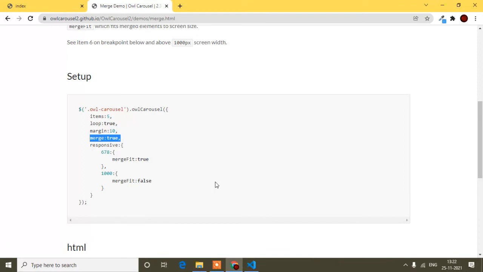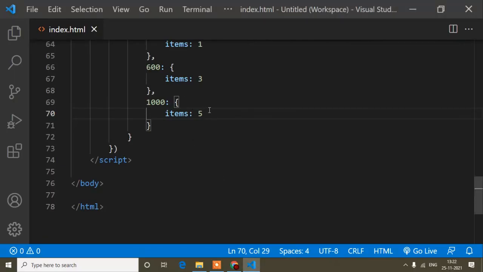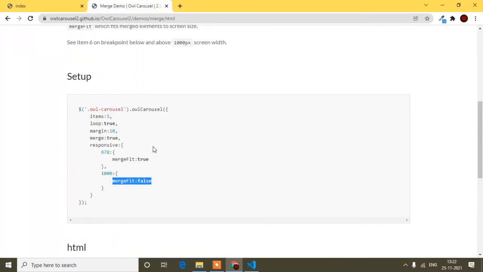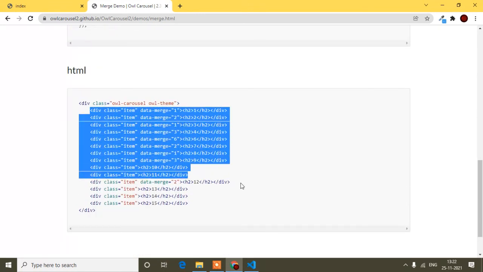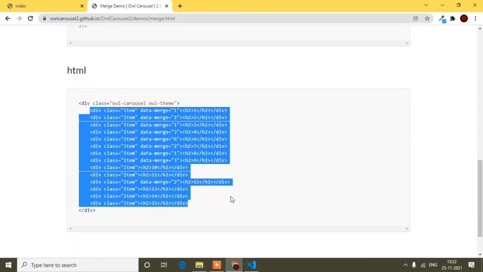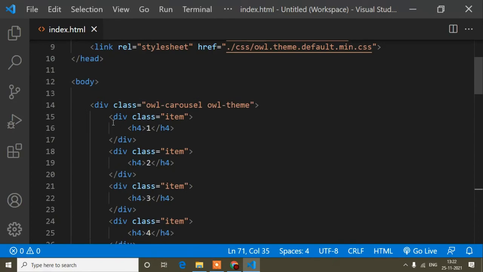When you work with an image, that is where you will find the change here, and here is the margin fit false. So let's see if I write this. Okay, nothing changes, because when I add some image, that time the changes I will find here. And here I also have to add something. So let's see if I implement this one. Let's see if I can see the difference or not.